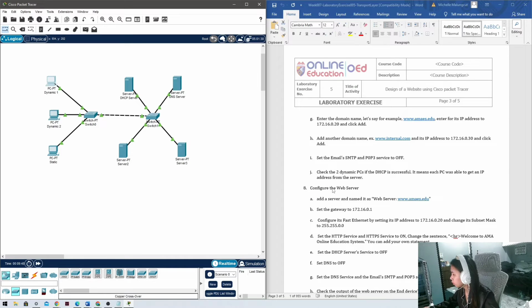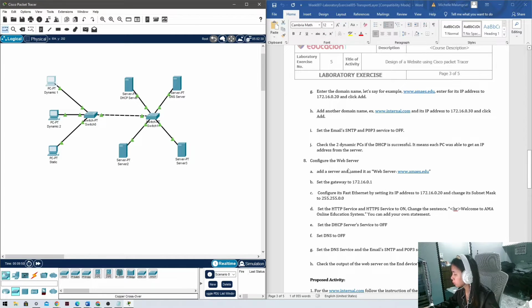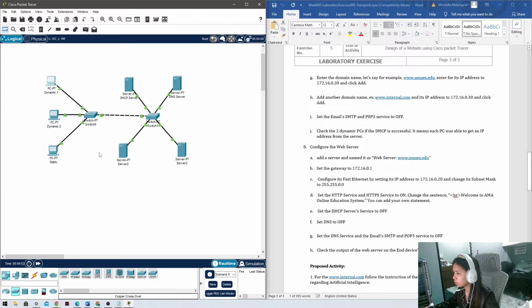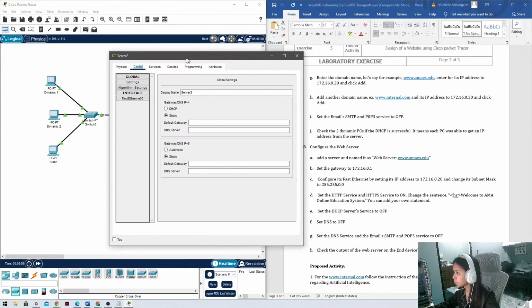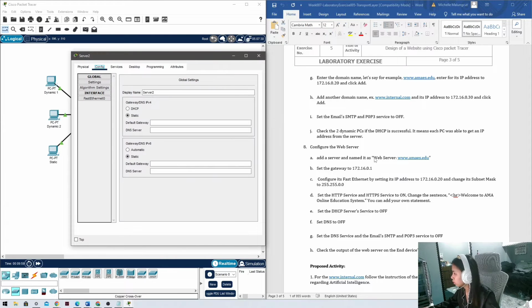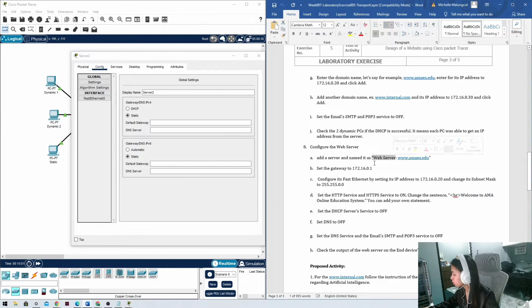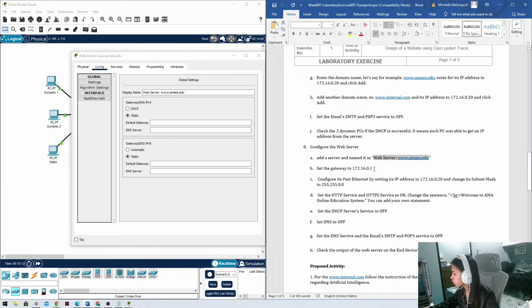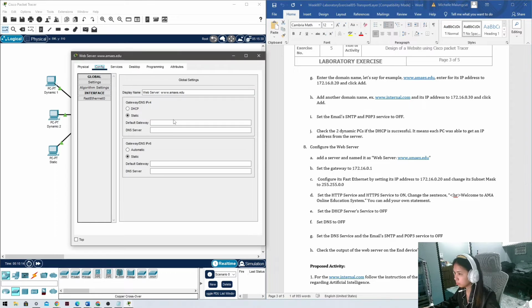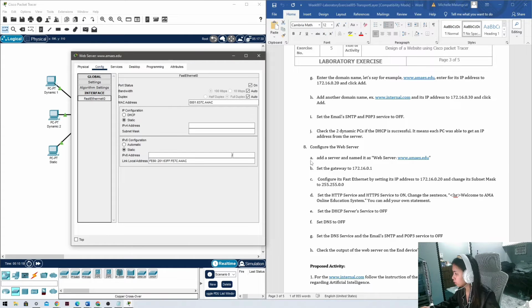Then let's move on to configure the web server. I think I'll list this one. Config, and we'll name it web server. Then the link. Gateway, same as before. Fast Ethernet to